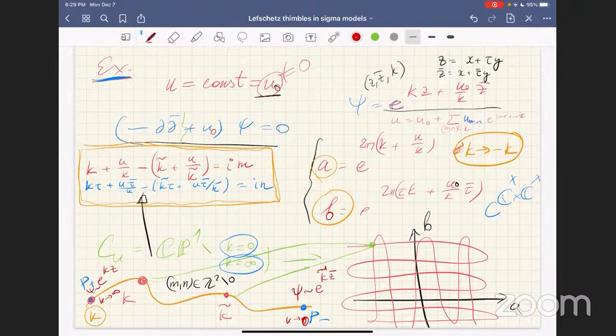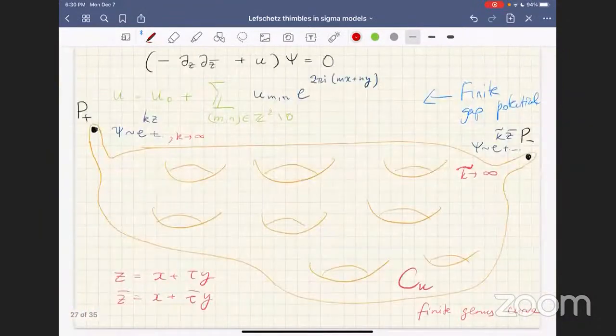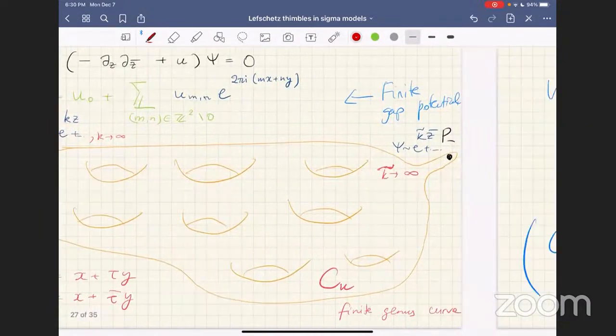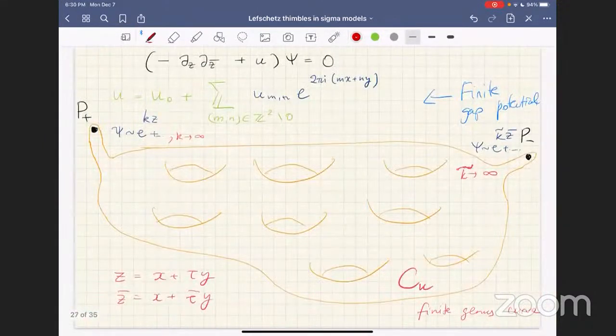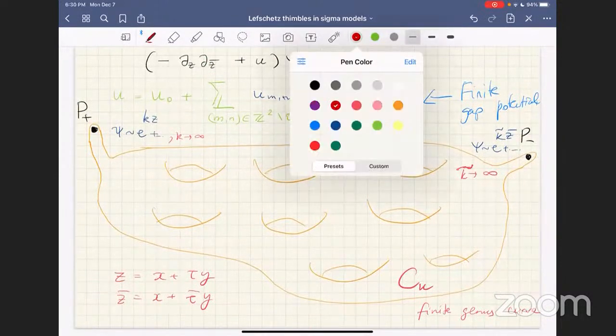Okay, well, that's just a model example. So the Fermi curve in this case is just CP1, and we notice that it has this involution sigma, and it has two special punctures near which the wave function asymptotes to a holomorphic or anti-holomorphic function in the parameter z bar. So now, once we perturb the potential by adding non-zero Fourier modes,